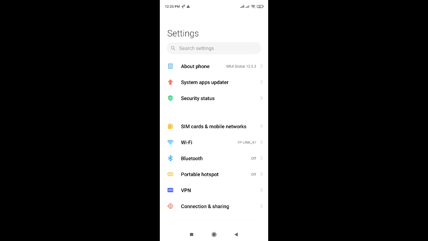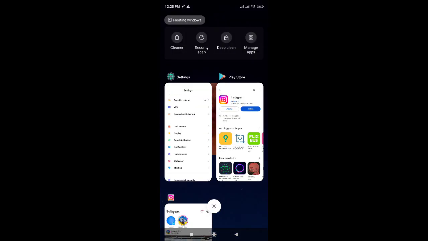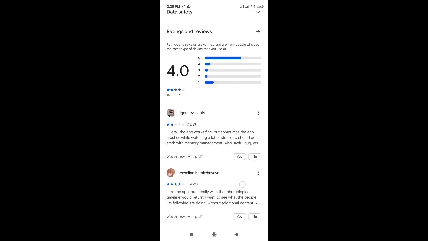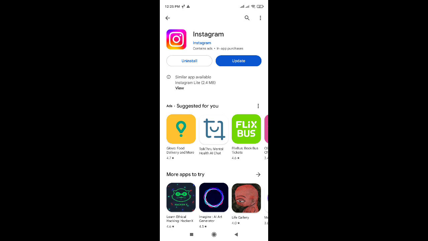And then if it is not working, go to the Google Play Store again and just uninstall Instagram and download it again. And this is all of the methods for